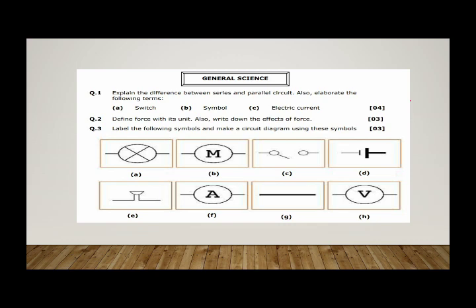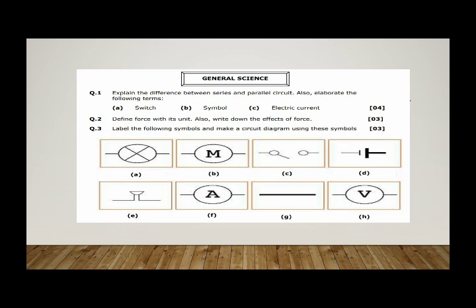Similarly, air resistance: air is also pushing the object upward against the gravitational force, but if we say there's push and pull, we cannot differentiate between the forces. That's why we gave it the name air resistance. So there are different types of forces which are working around us and they have different effects in our daily routine life. So this is what we have to do. Okay, we have to write down the effects of forces also in this question.